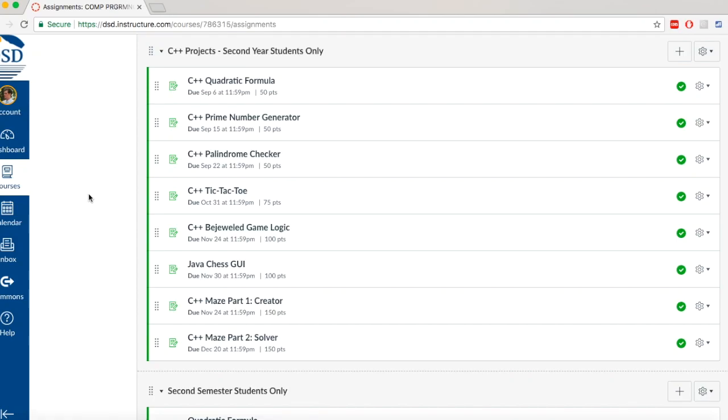One of the things I wanted to do with the second year programming students is give them some more practice working with graphics. So I created a program called Java Chess Gui. And I know that some of you are using C++ for these projects. This one's going to have to be Java. So if you go inside it,